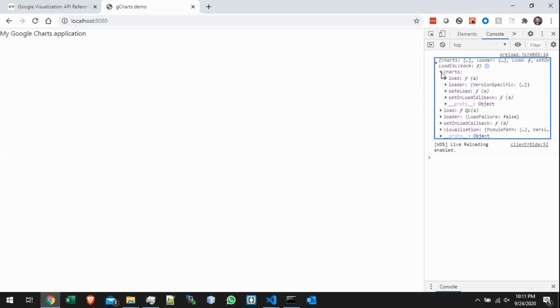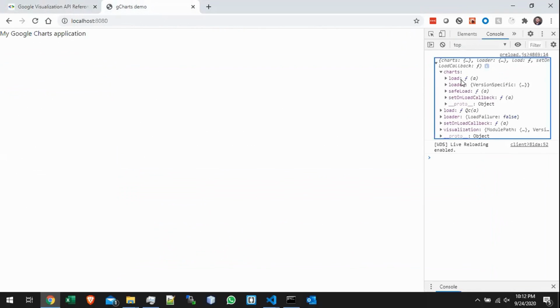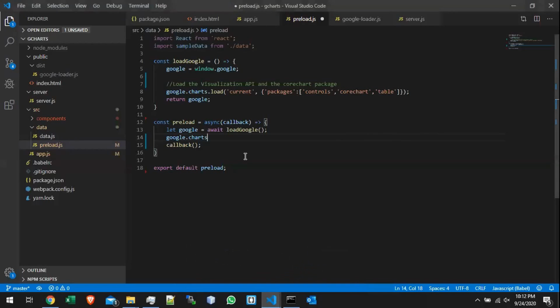And so this is one of the good things about logging the Google.charts or the Google.visualization methods to the console. You are able to dig in, go in a level and see what methods are available to you. And you may or may not discover all of those methods. There are methods that are not documented in Google's own documentation that allow you to do things that you wouldn't know you could do if you hadn't decided to go rummaging around through the methods that are available in the console. So this is a good thing to know, especially for the Google Charts API, because, like I just said, there are situations where you'll be able to do something that you otherwise wouldn't know you could do. Okay, so